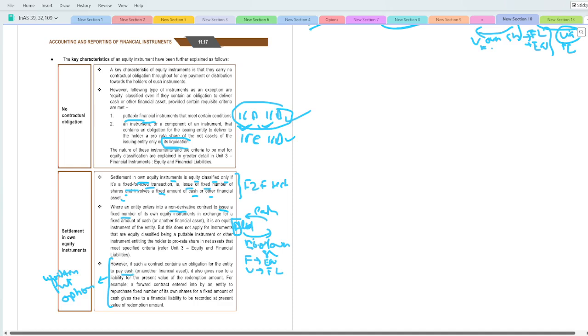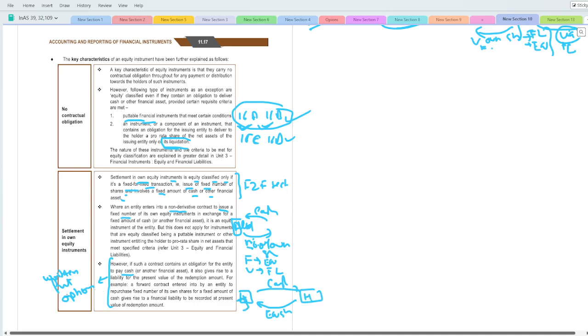ठीक है, कि आपका पुट ऑप्शन में क्या हो रहा है, आप यहाँ पे इक्विटी शेयर्स आ रहे हैं आपके पास और आप यहाँ पे पे कर रहे हो कैश. ठीक है, पुट ऑप्शन में अगर मैं इसके पॉइंट ऑफ व्यू से बात करता हूँ. ठीक है, पुट ऑप्शन, तो होल्डर के पास राइट है कि वो पुट कर सकता है शेयर्स. तो यहाँ पे होल्डर के पास राइट है, ये होल्डर हो गया, ये आपका इशूअर हो गया.